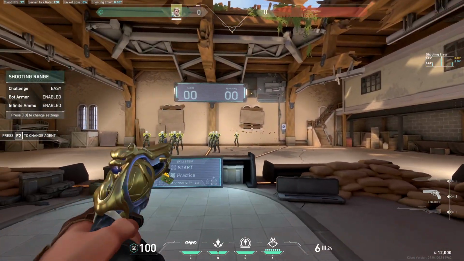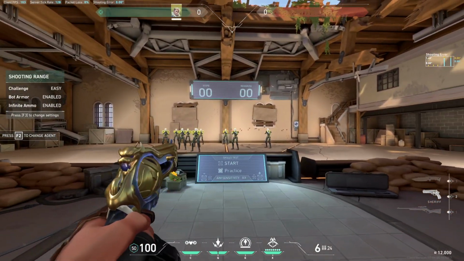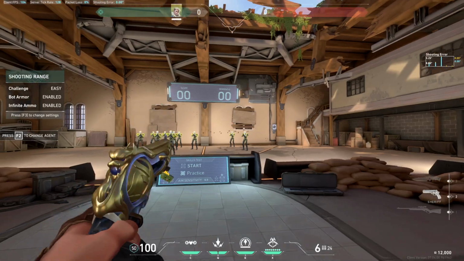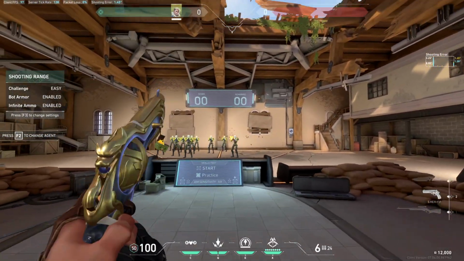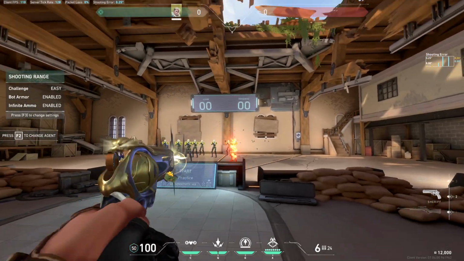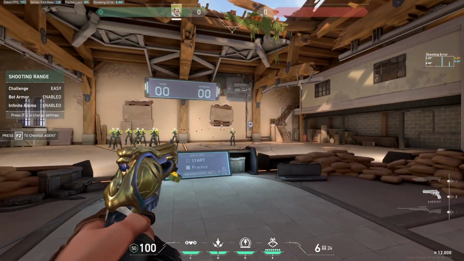I was having some issues with it being mobile first, and I'm gonna end up going back to fix that. But I just finished the agents, and now I'm gonna work on the weapons and the